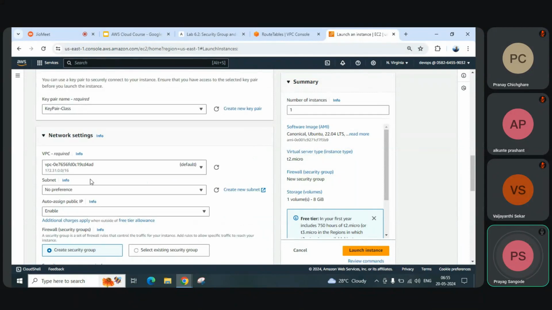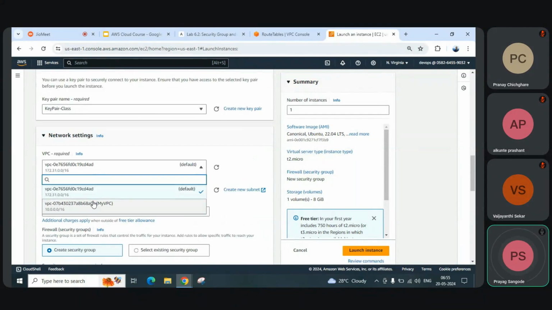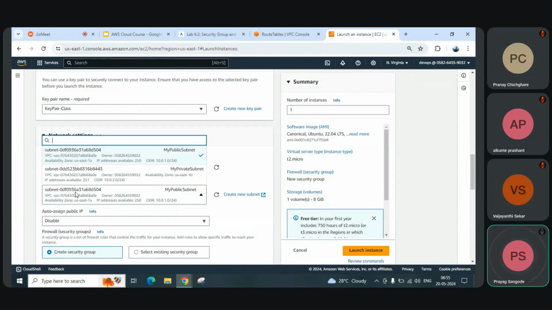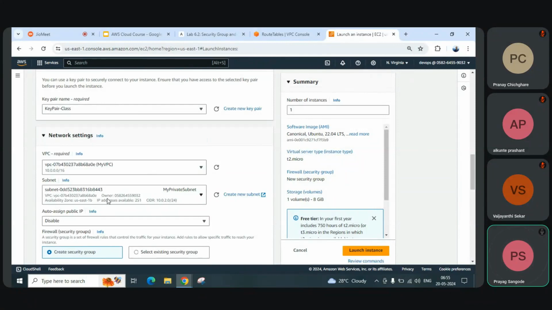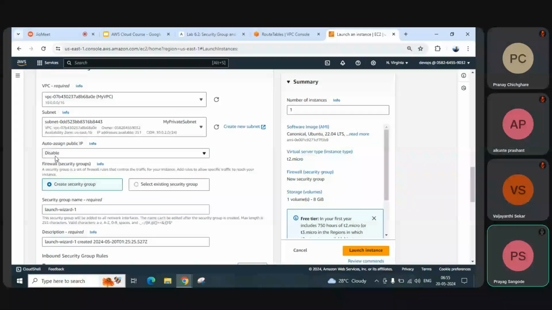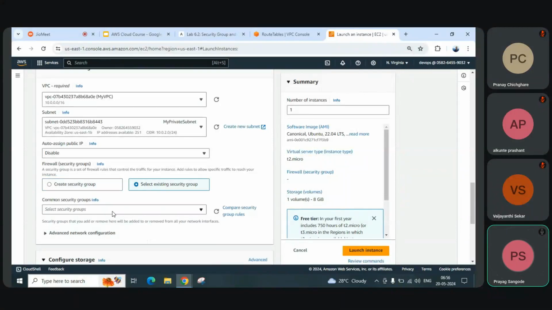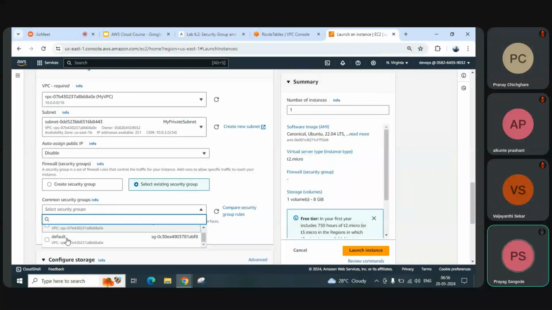In network settings go to my VPC. Okay, in subnet select the private subnet. We don't need a public IP address for it because it is in a private subnet. We'll attach a security group to it, that is